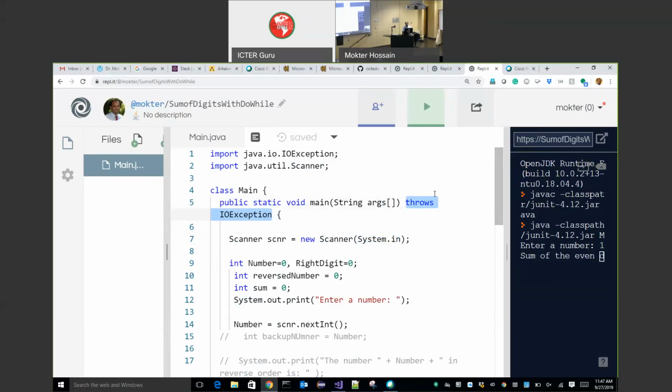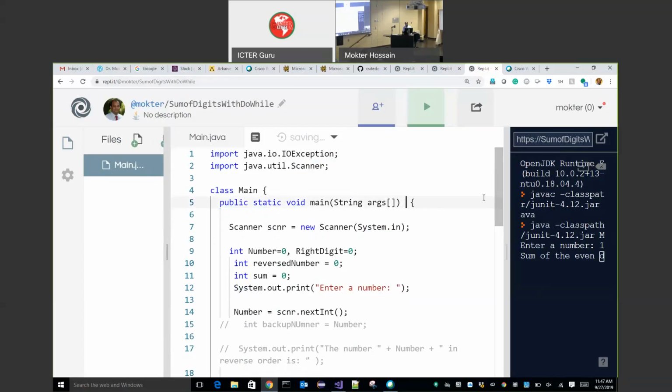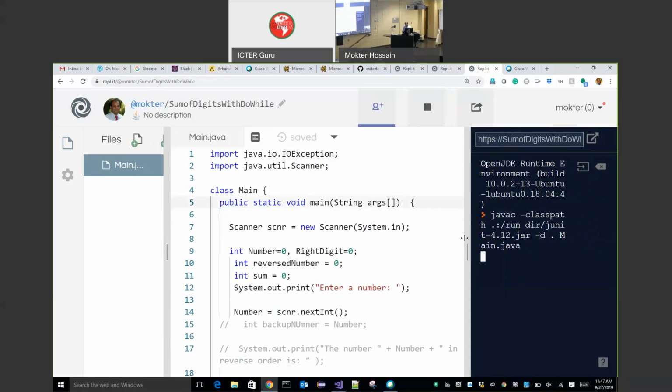And then when you use this one, let me see if I do not use this. If I run this program, what will happen? In this compiler, it is not showing me an error. Okay, that's good.